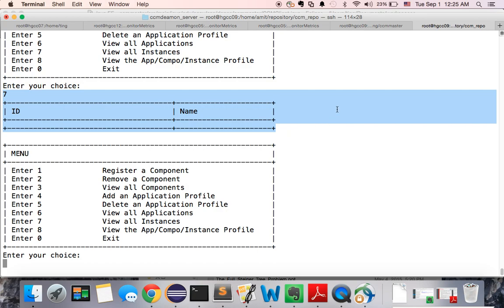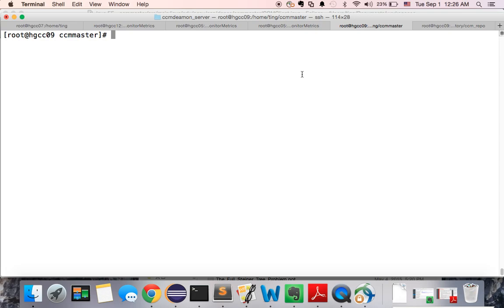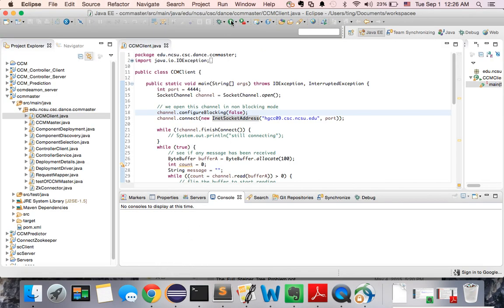So until now, the first part of this demo is done, and then let's go to the second part of this demo, which is the initial deployment. Let's start the CCM controller. The CCM controller will listen to some specific ports, and then when the client connects to the controller, it can type the name of